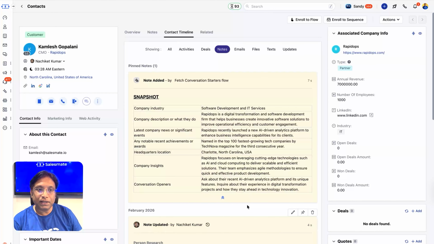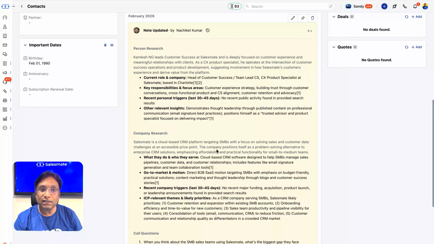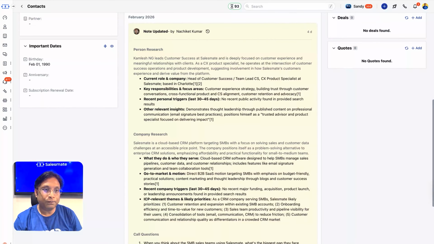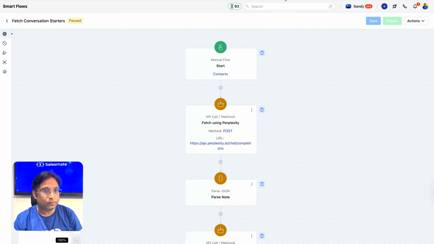Now, I know what some of you are thinking. That looks incredible, but how complicated is this to actually set up? Absolutely not. Here's the honest answer. You're not going to build this yourself. We have templates ready to go. Our team will sit down with you, understand what research you want pulled, how you want it formatted, where you want it to land in your CRM, and we will configure it for you.